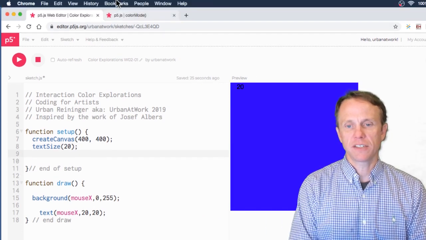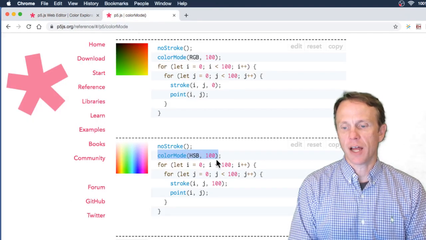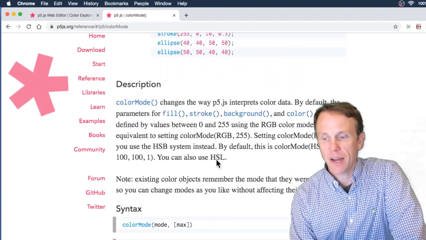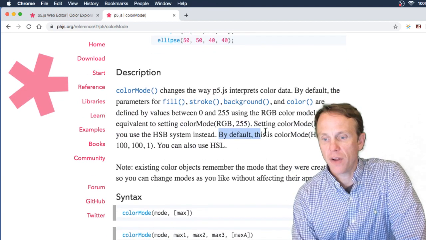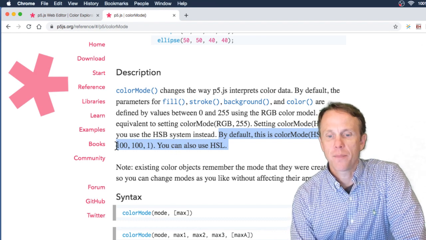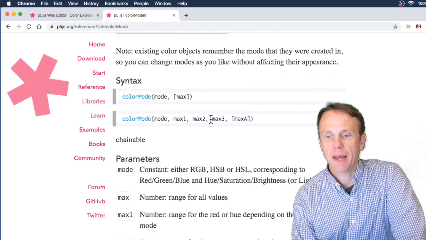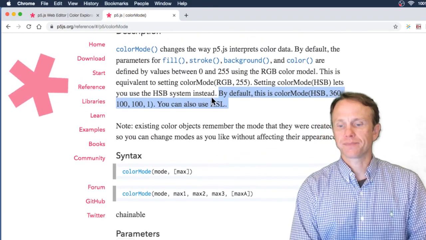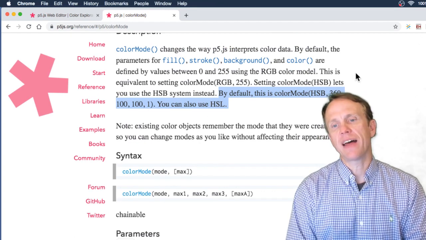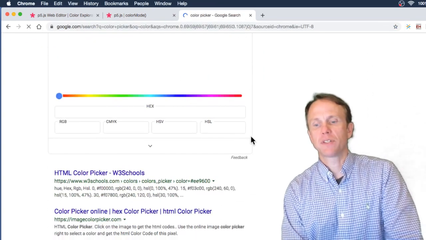We'll come up here and just to double check our mode, color mode, HSB, and then it gives me an option here for 100. So let's figure out what that is just to make sure we're on the right track. So by default, color mode for HSB is 360, and then gives us these other couple ranges for our fill. That's our max, our min for the color mode. Now, the trick here is that if I wanted to use the values from the color picker, if I go to the color picker, my range numbers for the